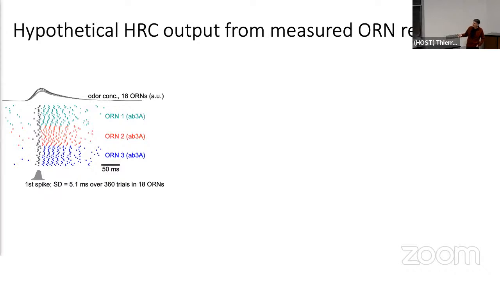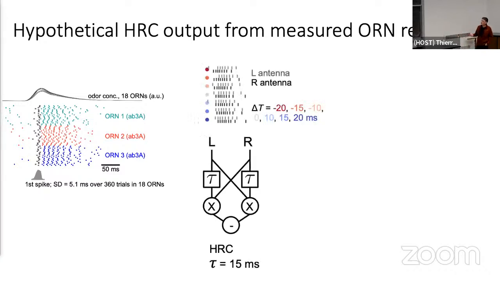And you see that these are different ORNs, different neurons, and we're presenting exactly the same signal multiple times. And you see that it's very precise. There's about 5 millisecond jitter. And so if you then use this type of data, and you take one of those measurements and another one,